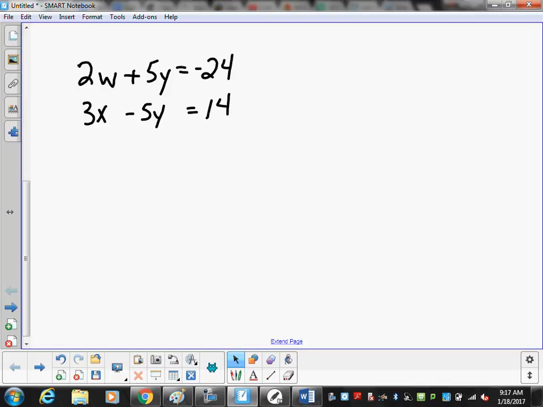All right. First step says you must get one of the variables to have opposite coefficients in the two equations. So in this problem,